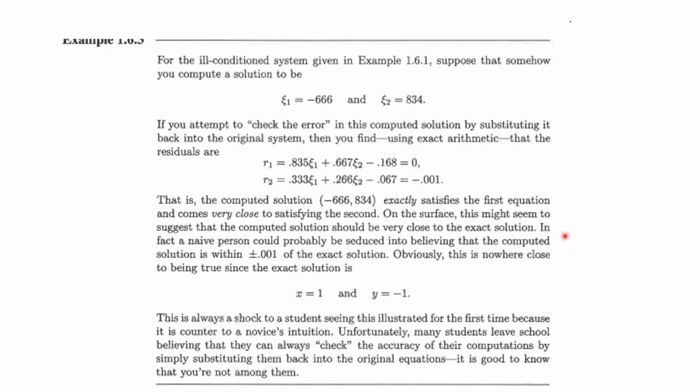Now, on the surface, this might suggest the computed solution is very close to the exact solution, but we saw that it wasn't when we looked before. That's nowhere close to the exact solution, which we found to be x equal 1 and y equal minus 1. Now, this is often a shock to students seeing this for the first time, and it's counter